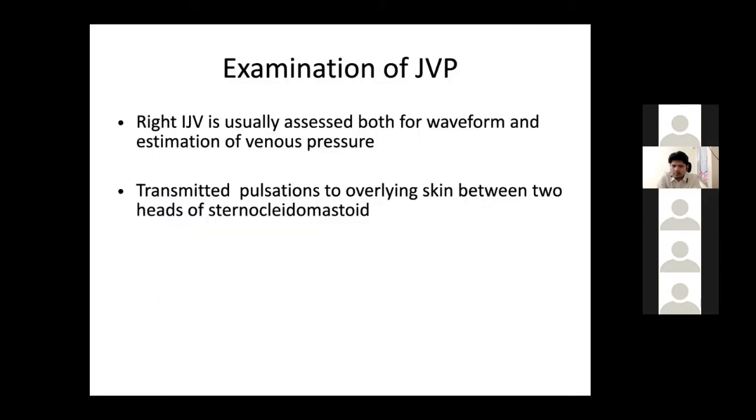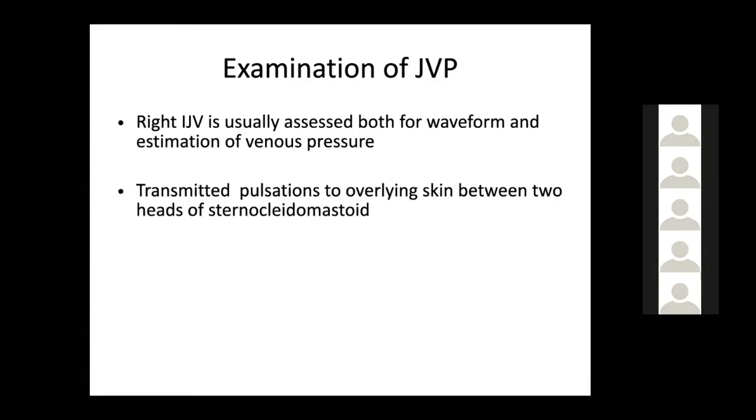Now, JVP examination, as I already told you, there are various things which you have to tell in a JVP. When you explain a JVP, you should tell whether the JVP is pulsatile or not. Why is it important? Because one of the important causes of non-pulsatile JVP is SVC obstruction. There are many causes of the pulsatile JVP, however, non-pulsatile is seen in SVC obstruction. Then you should tell whether the JVP is raised or not. I'll come to the point: how do you say the JVP is raised or not? Then you should say which waves are prominent.